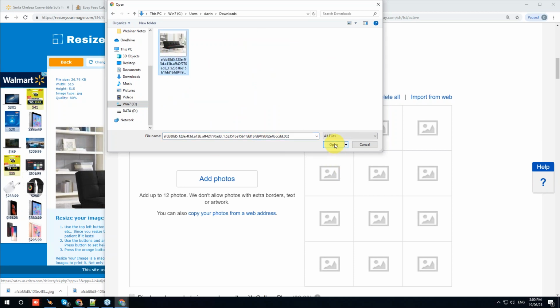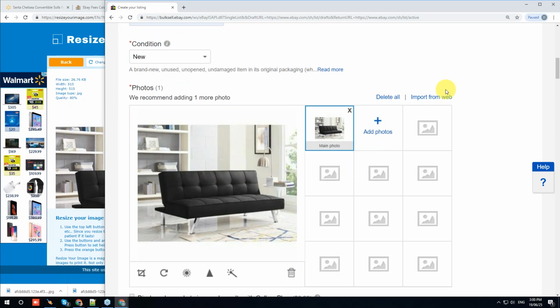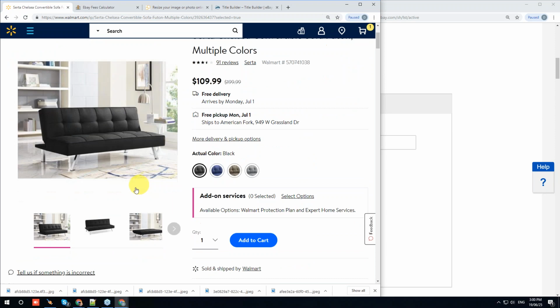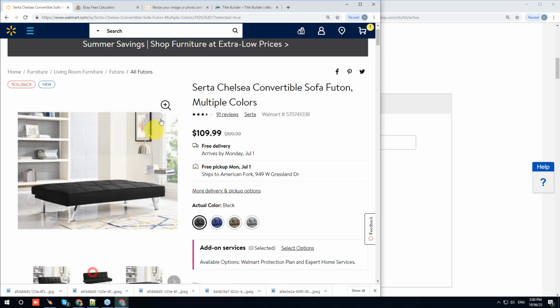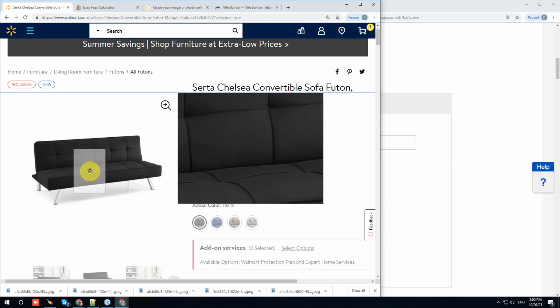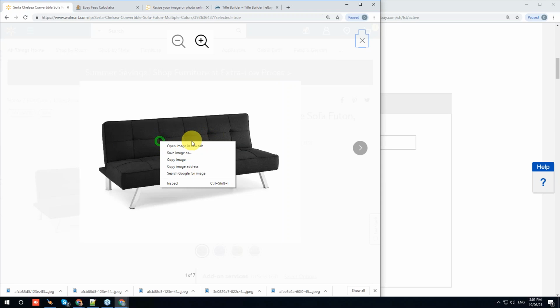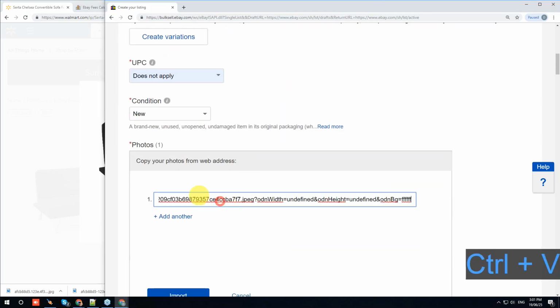Okay, great. So you can change your default save location on your computer using your Chrome settings if you want to do that, but I'm just going to go ahead and add that image in there. And then for my other 2 images for this item, I'm just going to hit copy the image location, because remember, these 2 images were big enough. So we can grab that one. So let's click on this. Right click, copy image address, paste it in,